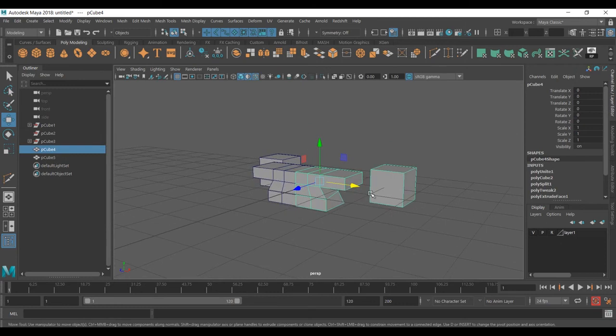So that is a very quick tip on how you can use Duplicate Special, more for making objects symmetric when modeling, and we're also going to use it for repeating some of the objects. And thanks for